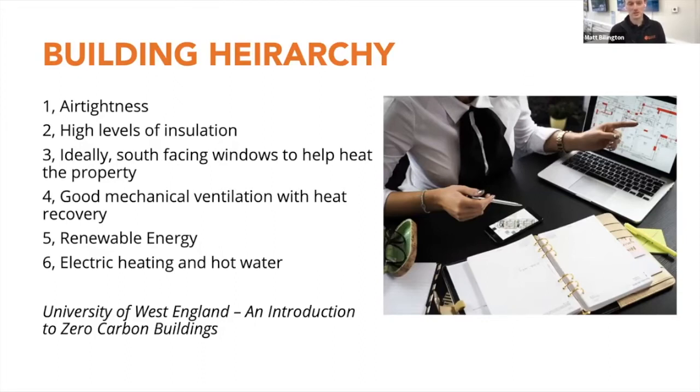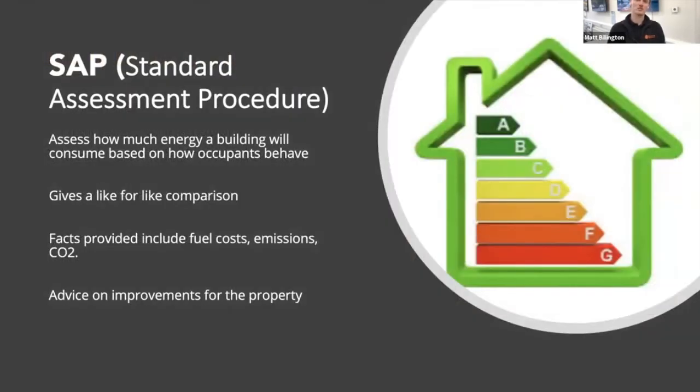And then last, but not least, it's the heating and the hot water. How do we do this? How do we put this process into use so the building's working all together cleanly? And that obviously is making some big changes to what we're seeing with the SAP process, and obviously BRE and